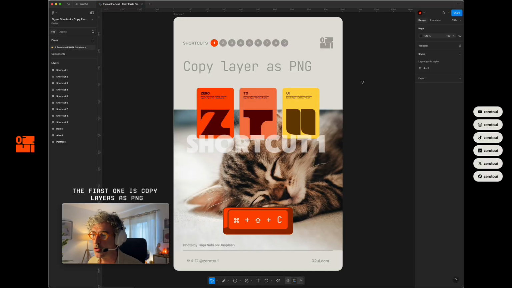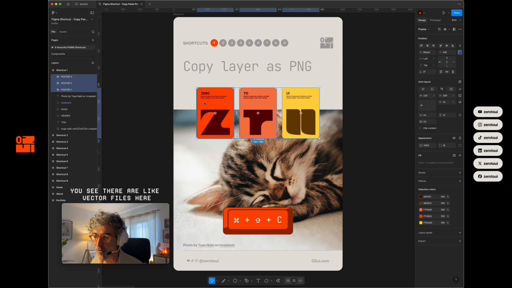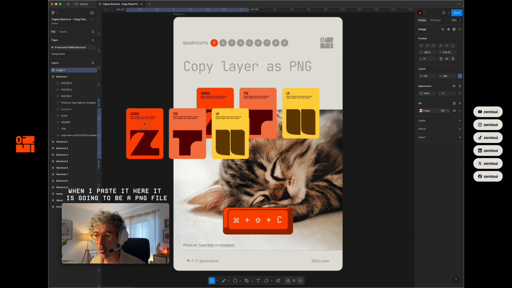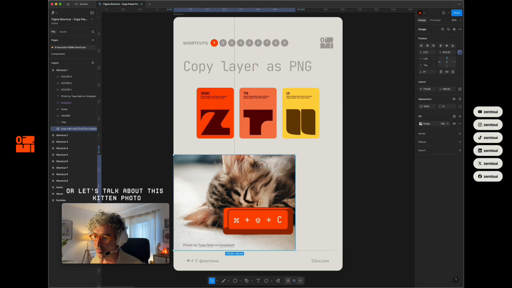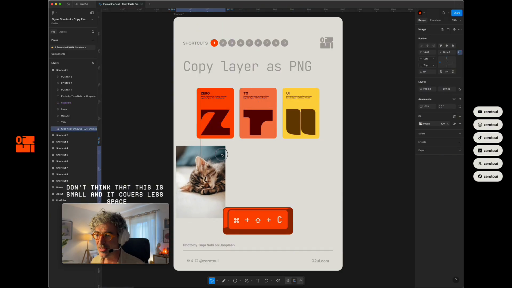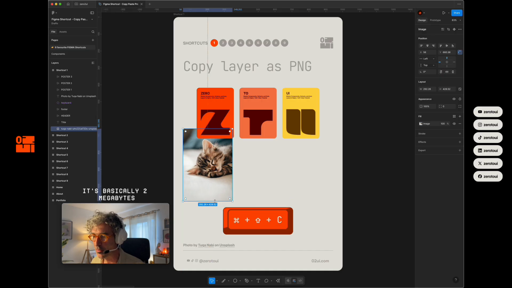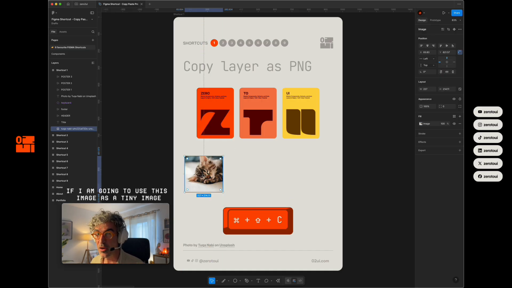The first one is copy layers as PNG. You see, there are vector files here. And if I press Command Shift C, when I paste it here, it is going to be a PNG file. Or let's talk about this kitten photo. Don't think that this is small and it covers less space. It's basically 2 megabytes. If I am going to use this image as a tiny image, all I have to do is again Shift Command C